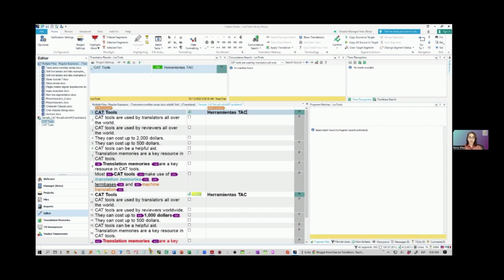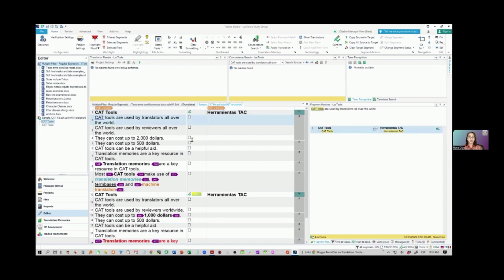But look at what happened here in segment 10. Segment 10 is what is called a repetition of segment 1. As soon as I confirm segment 1, segment 10 gets translated and confirmed as well, because it's exactly the same. Now, if I go to segment 2, you will see another great feature from Trados Studio,